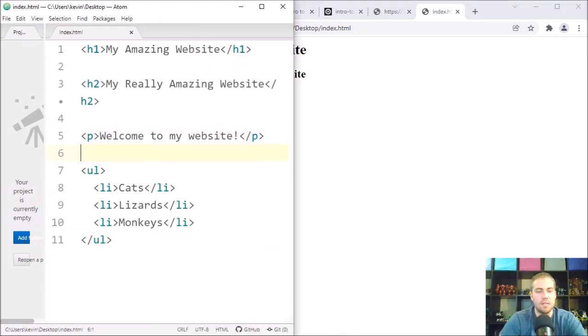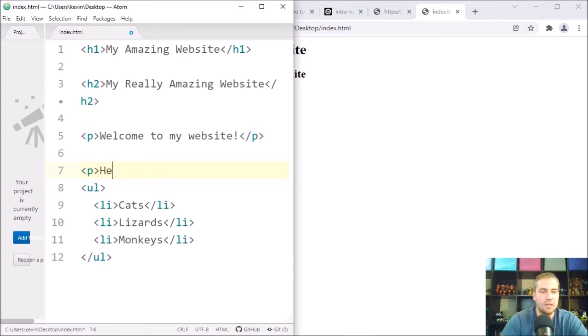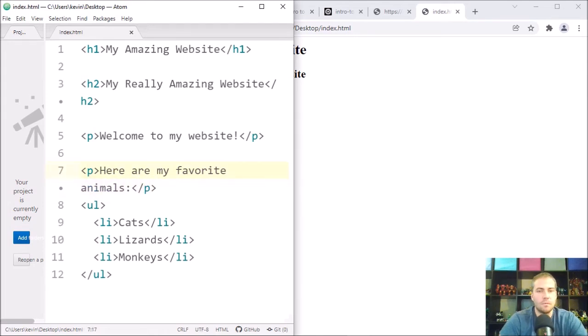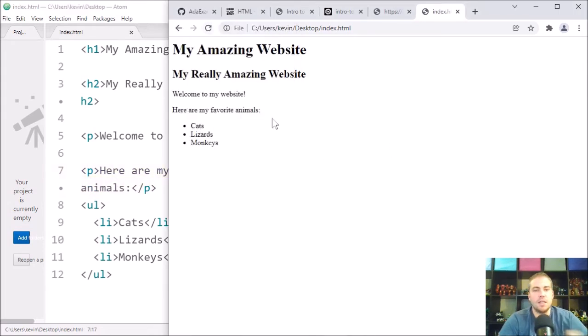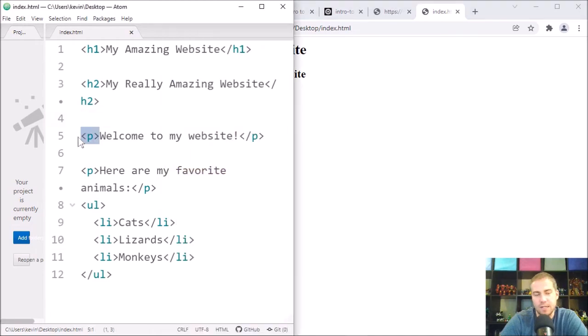And maybe I would add like a p tag here saying like, here are my favorite animals, and then refresh. And there we go. We have a list of my favorite animals. But sort of the meta lesson that I want to impart in this class is don't try to memorize everything. Don't try to memorize much. You'll eventually kind of get a knack for the tags you use a lot. So like p tag, I generally don't have to look up p tag, but